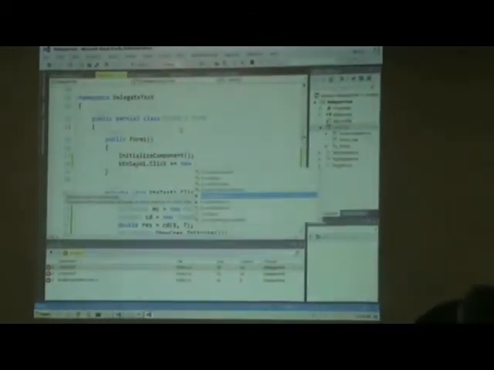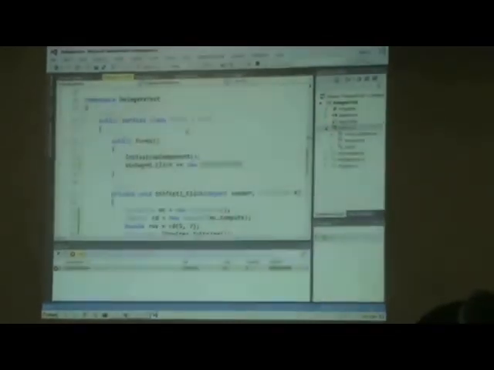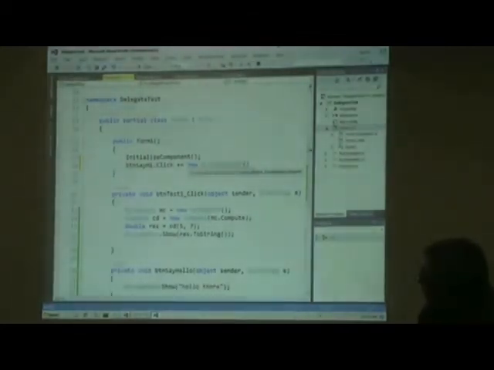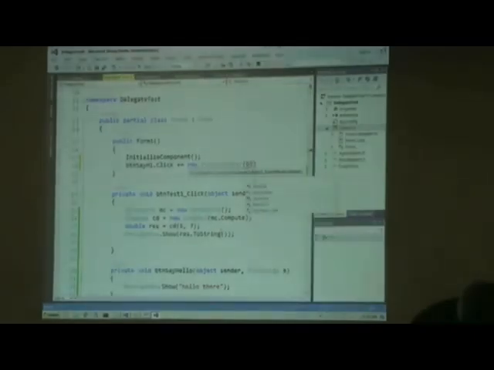And we'll create the delegate, new event handler. Okay, and what function do we want to point to? Let's pretend we also wanted to point it to the same btn say hello. Okay, so then what will we do? We will say btn